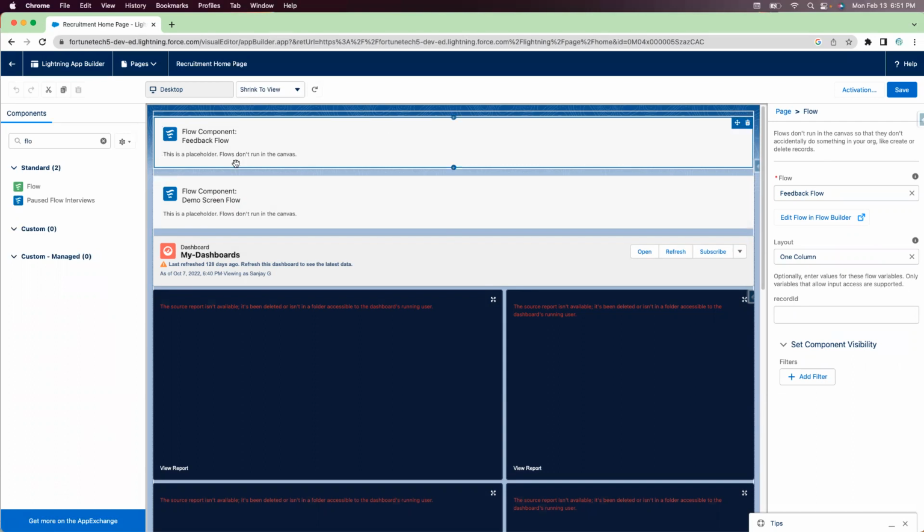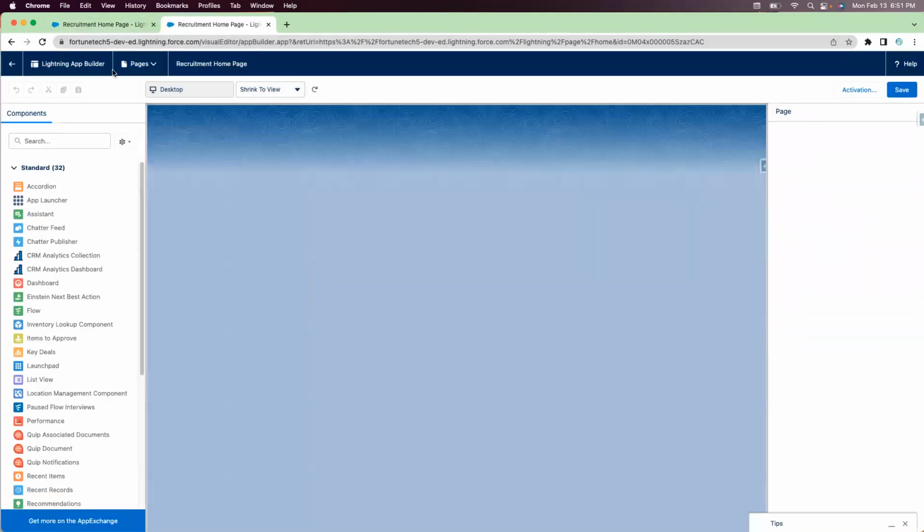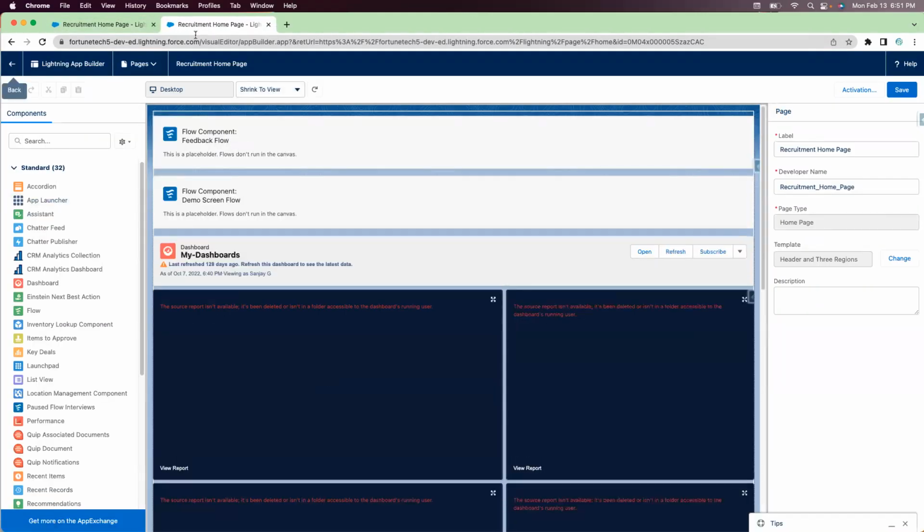So basically we are creating something the user can see on the UI side, because still we are on the backend right now. But if I go to the UI side,